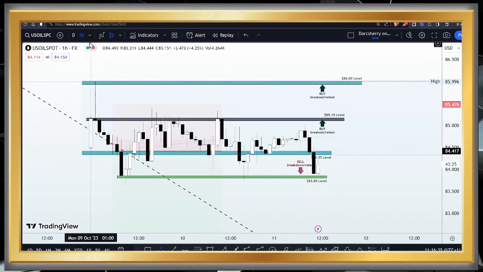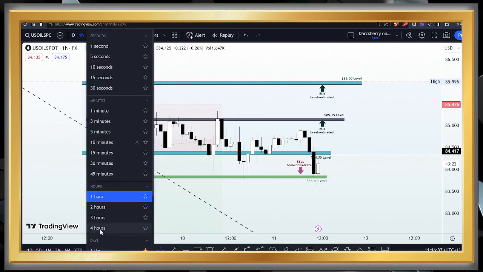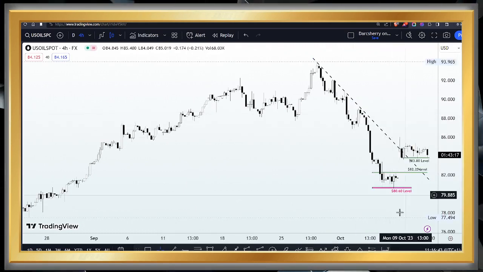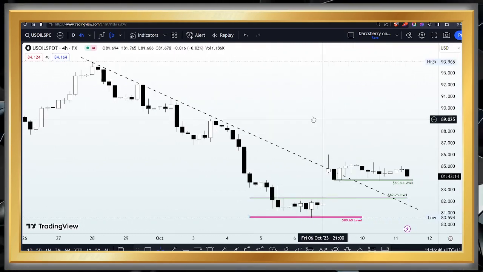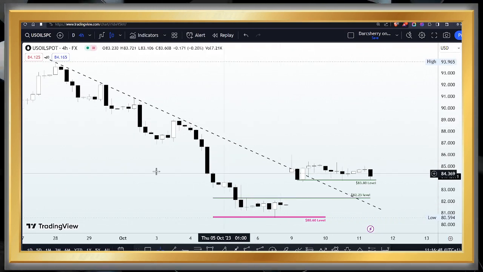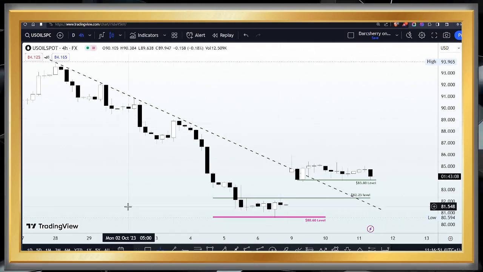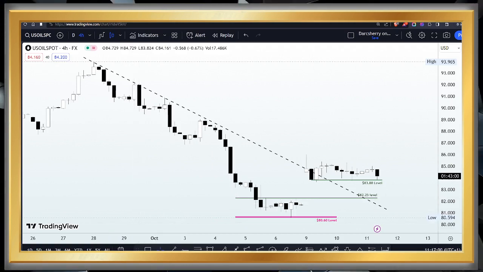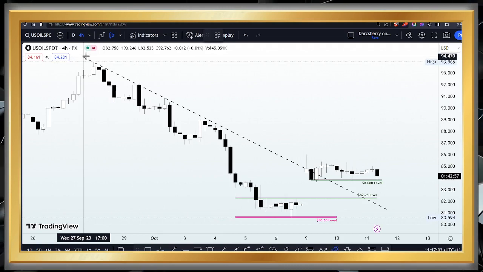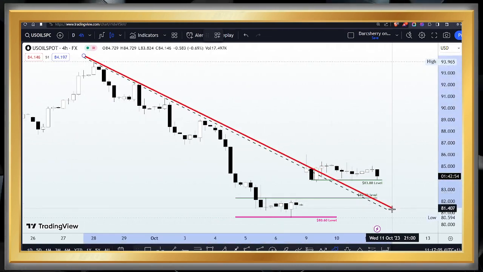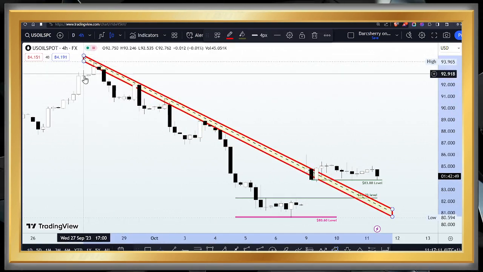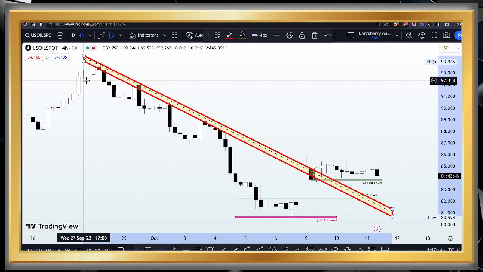Now, there is one more thing I would like us to look at on the 4 hours time frame, which was the basis for the decisions we are planning on the lower time frame. Now, to refresh our memories on what we talked about at the beginning of the week, this is the 4 hours time frame here, and what I did was to take into consideration the nature of price action since the beginning of this month, and what we were able to come up with was this descending trend line after connecting the series of lower highs, which emphasized the strength of the sellers at this juncture in the market. And of course, you know how we do it in this community.